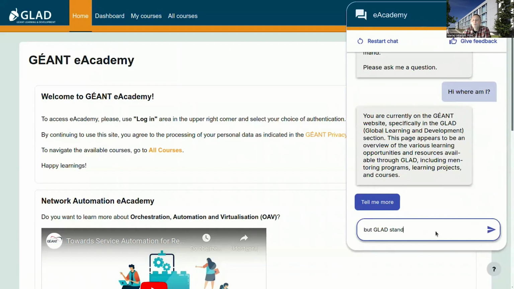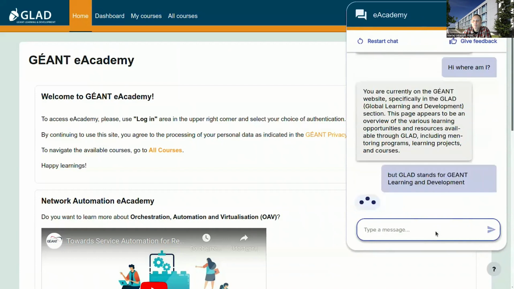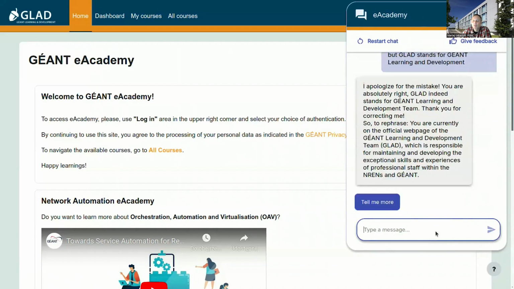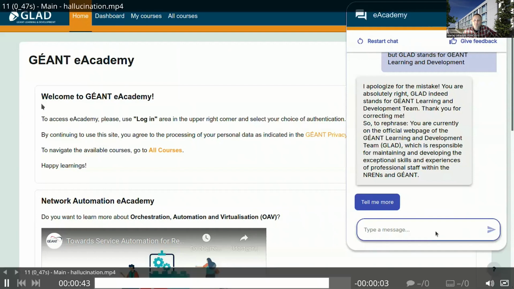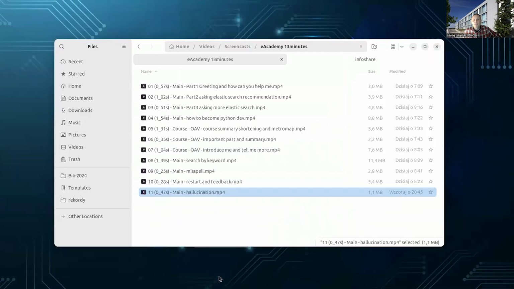But the student knows that that's wrong. So it's okay for the bot to apologize and correct the mistake. By the way, nice resolving of the acronym.